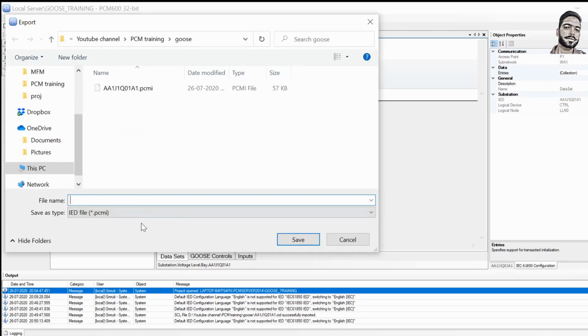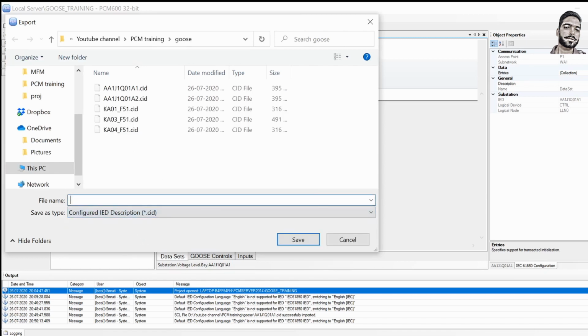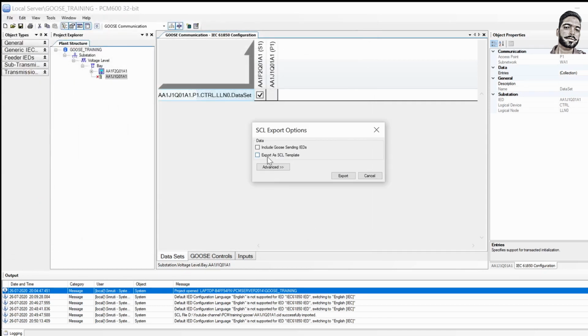So export, and here you have to select the CID. I will give the name test, test.cid, save. It will ask about including Goose sending IDs. So you have to select this one and export as SCL template. Select this one. If you want to select edition 1 or edition 2, you can do that. I am just not doing it here, and now you can export.